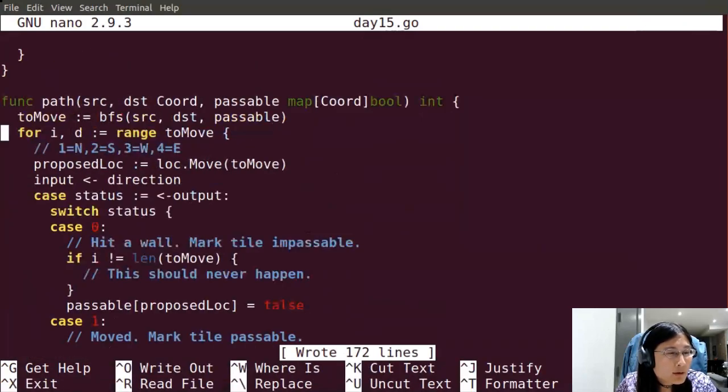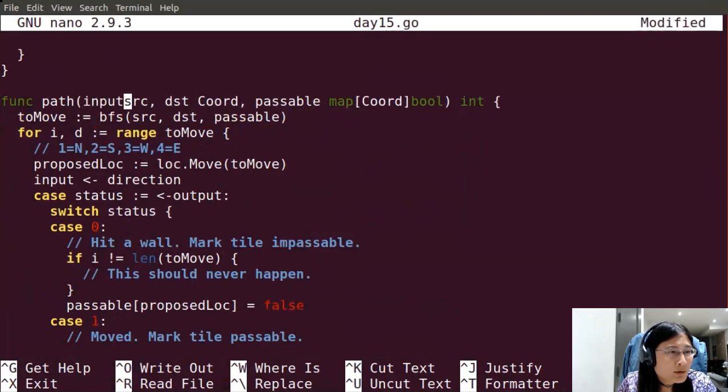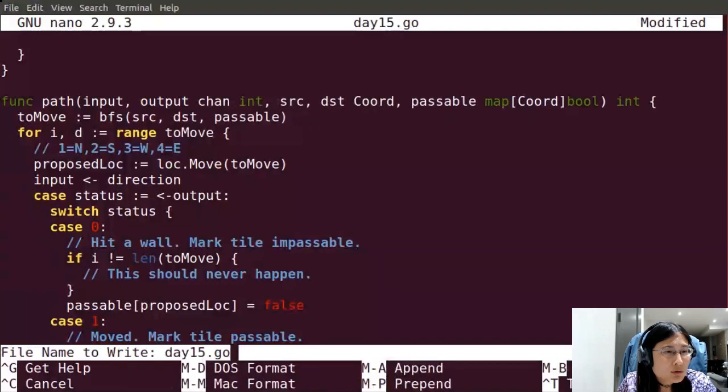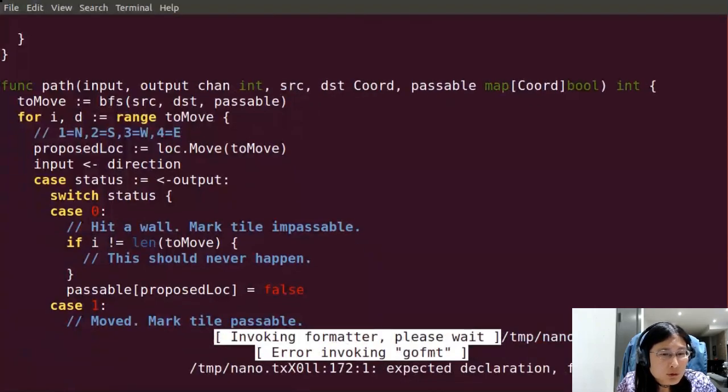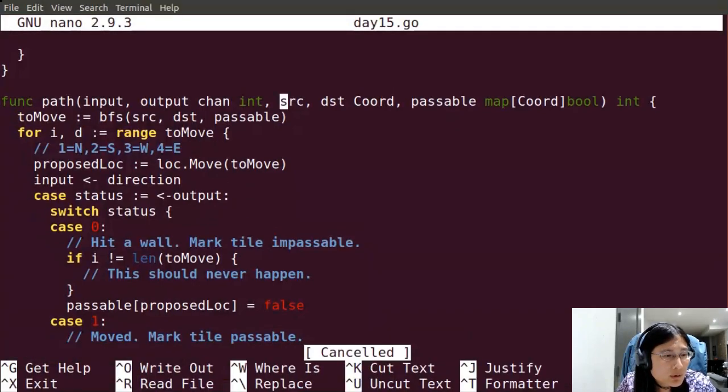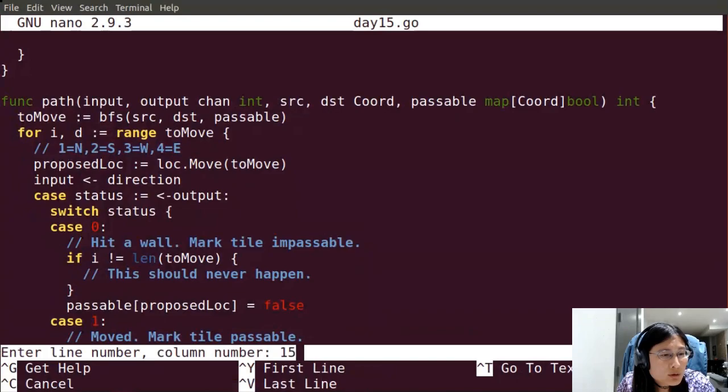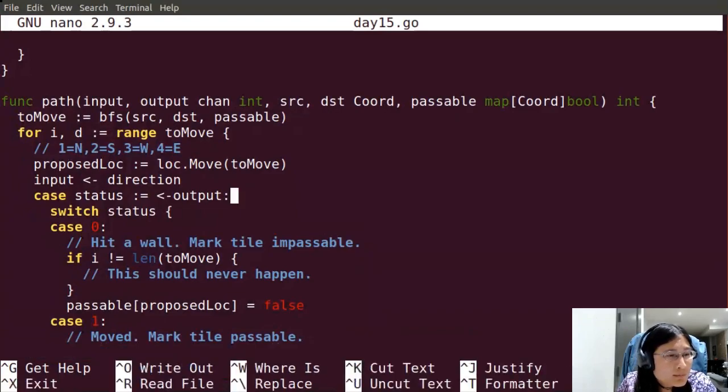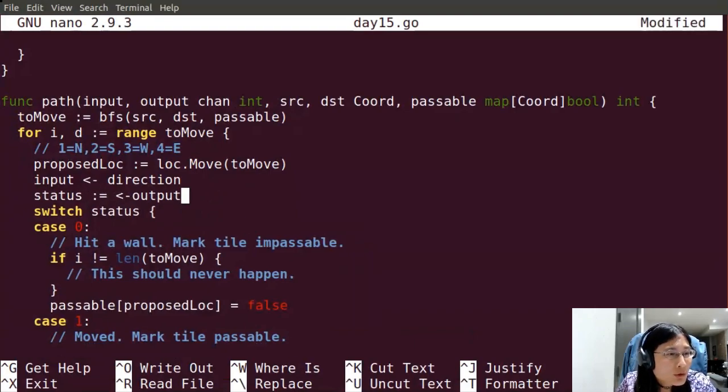Okay. I also need input and output then. Line 154 is busted. Why is line 154 busted? Oh. Okay. All right.